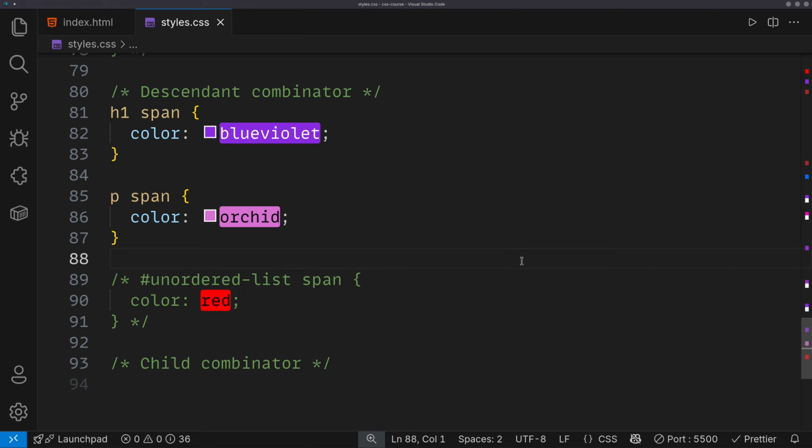Alright, so in this video, we will learn about the child combinator in CSS. In the previous video, we learned about the descendant combinators, right? But in this video, we will learn about the child combinator, which is basically called the direct descendant combinator as well. So what I have done, I have just commented out the CSS which we had